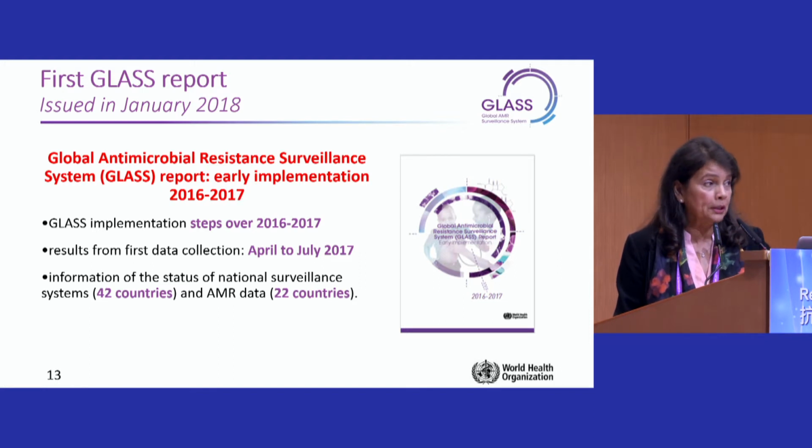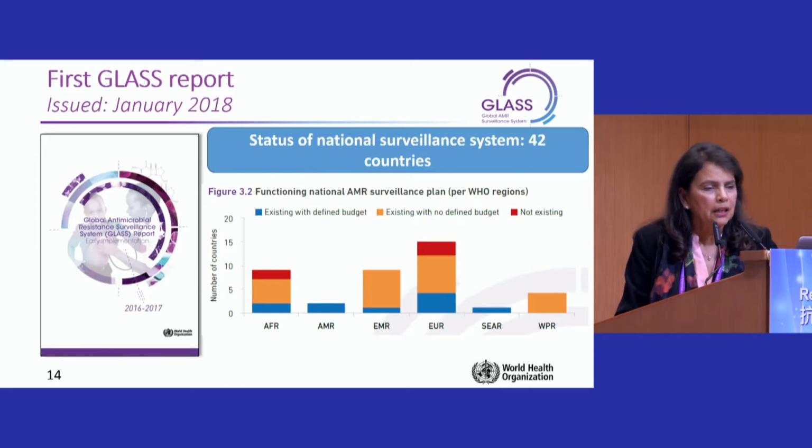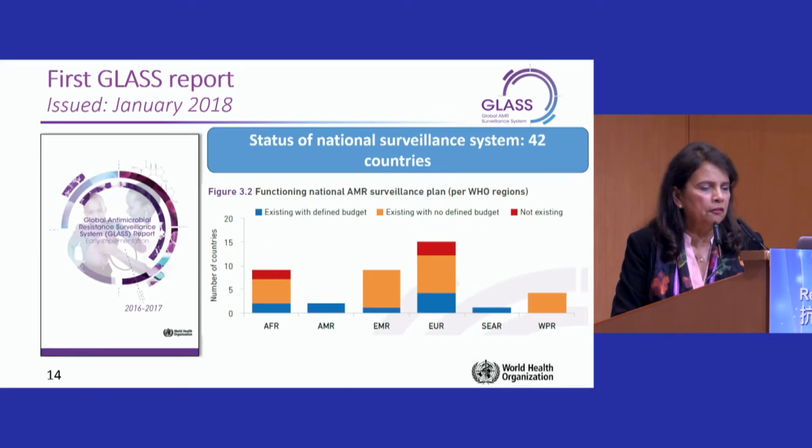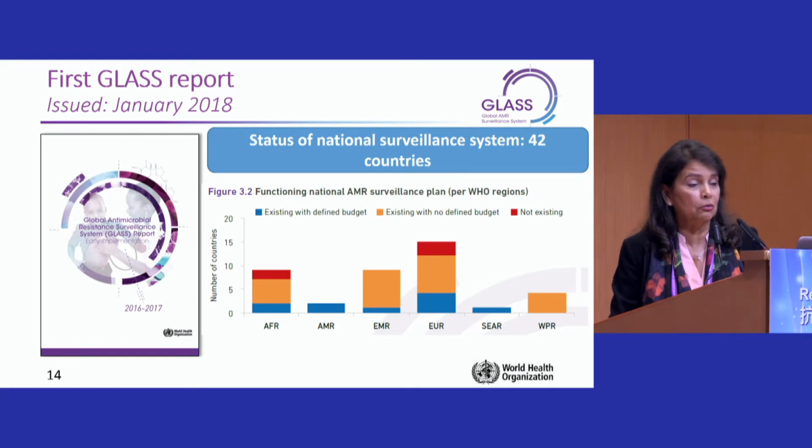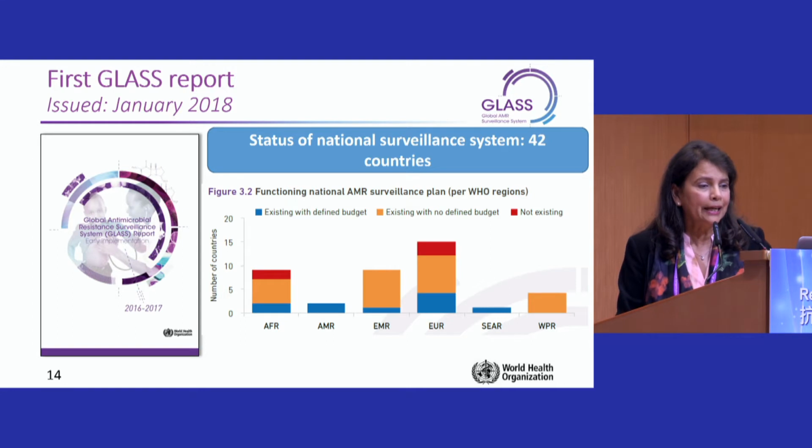The 42 participating countries in July last year provided information on the status of development of national surveillance systems, and only 22 countries out of the 42 could provide some information on rates. Now, just going through very briefly some of the indicators in terms of status of national AMR surveillance systems. Here, I think